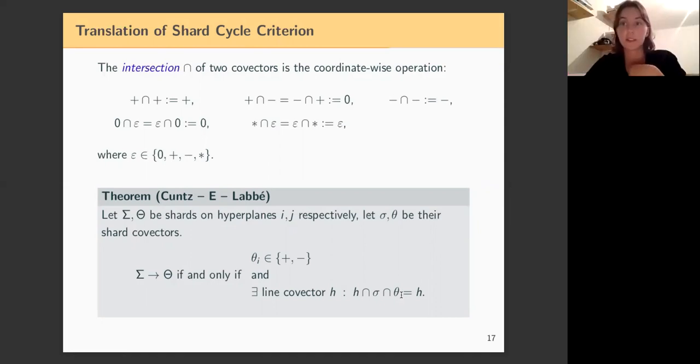Yeah, definitely. Okay. So what we did for the computations is for each of the hyperplane arrangements, we generated the co-circuits of the oriented matroid. And we generated these shard covectors and these line covectors. Generating these things is the most computationally expensive part of it, but it's not exponential. And really the perk of this approach is that now to check for congruence normality, we really just have to check values of entries and compare coordinate-wise